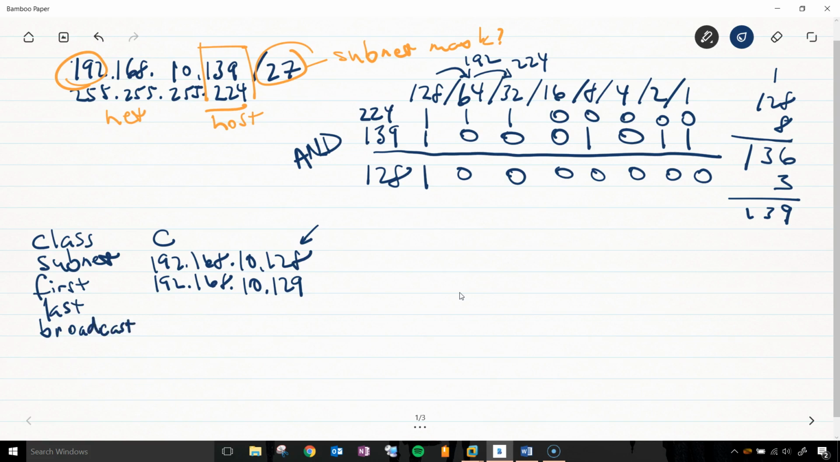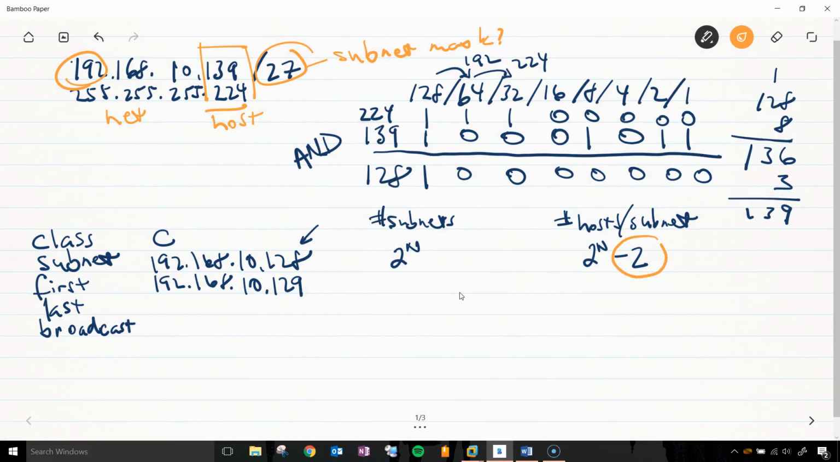To determine the last host and the broadcast, we need to figure out how many usable hosts, or how many hosts are in this subnet. Okay, so we know it begins at 128, but where does it end? And where does the next subnet begin? Okay, if we want to figure out the number of subnets, it's 2 to the power of n, and the number of hosts per subnet is 2 to the power of n minus 2. Okay, and that minus 2,